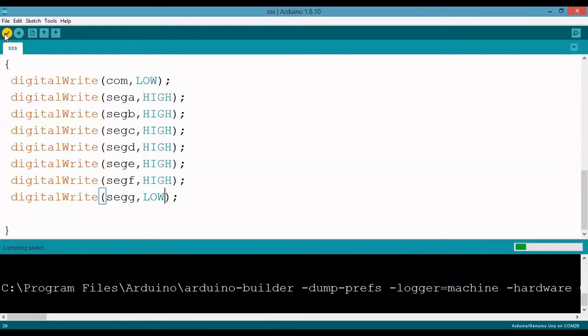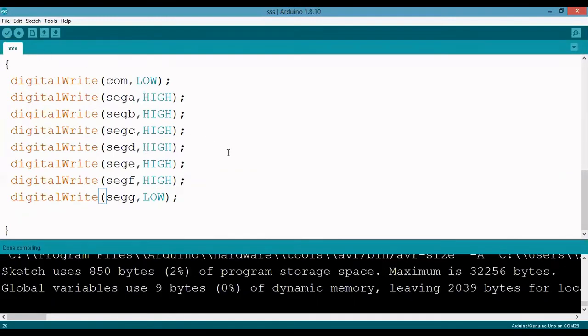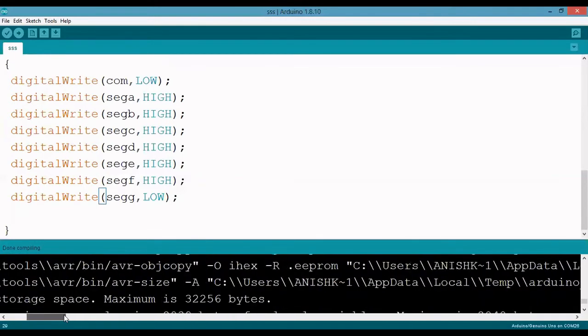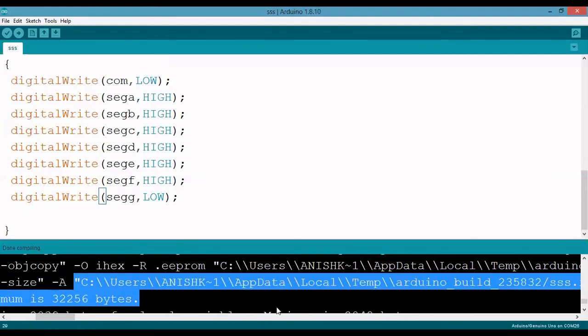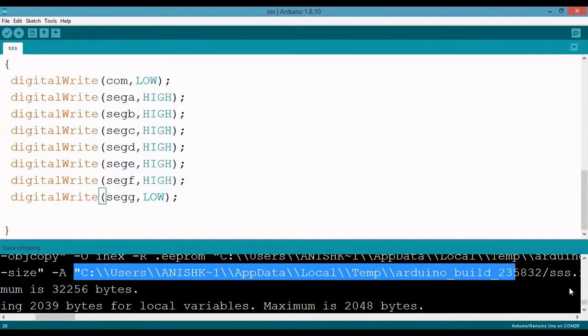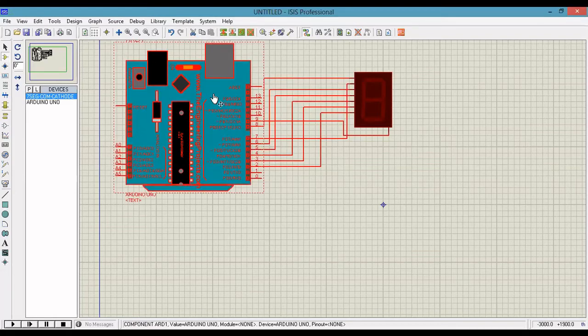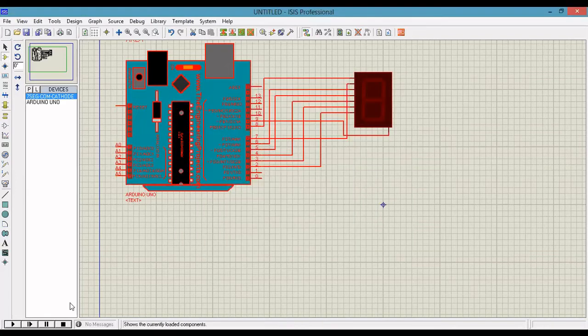For that, verify the program. After it compiles, copy the link. Now click the Arduino board, double click, paste the file path, and give OK.